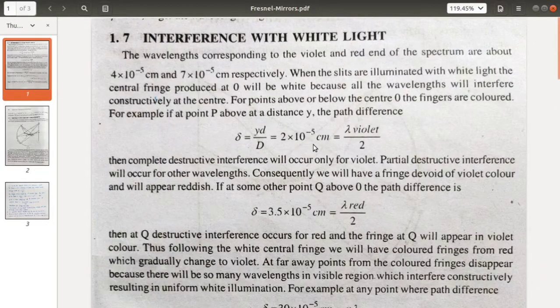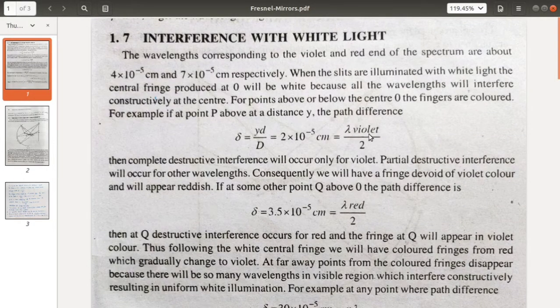Imagine this path difference is 2 into 10 to the power minus 5 centimeter, or 0.2, or 20 microcentimeter, which means